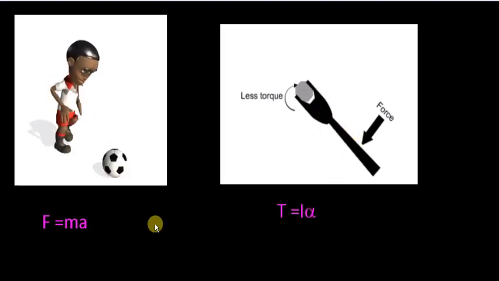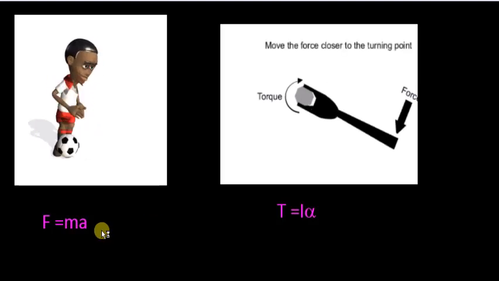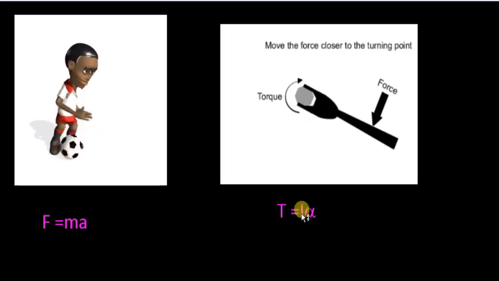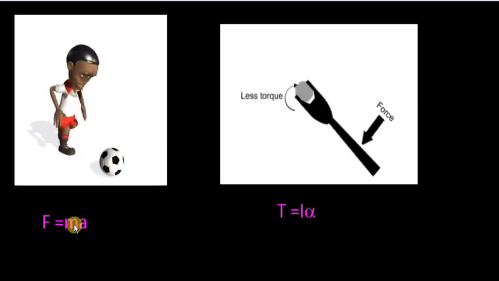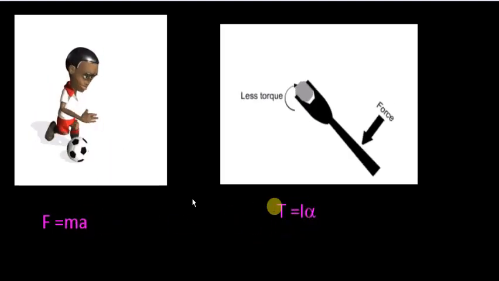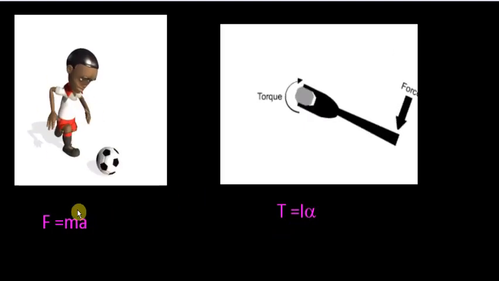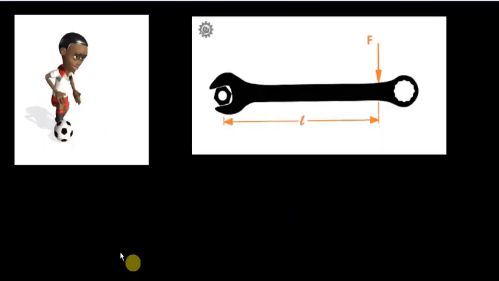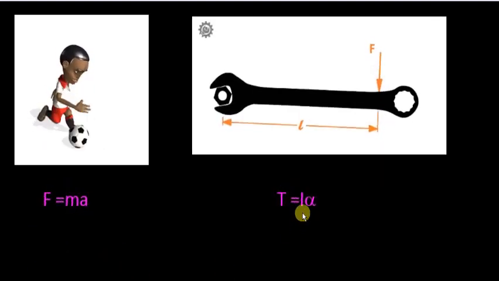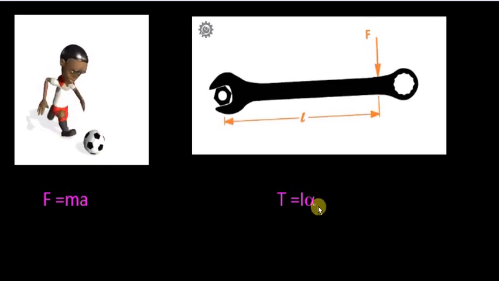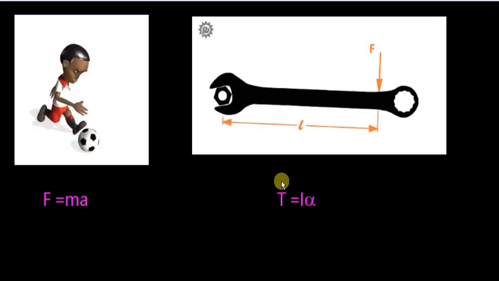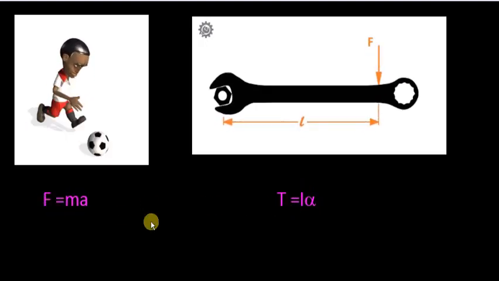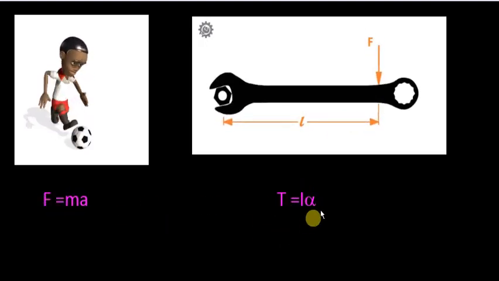We have seen the analogy between translational and rotational motion, in which moment of inertia in rotational motion is analogous to mass, and angular acceleration is analogous to linear acceleration. Therefore, in this equation of force, if we replace mass by moment of inertia I and a by angular acceleration alpha, then we get a quantity called torque, which is analogous to force. Now in this video we are going to prove this expression of torque.